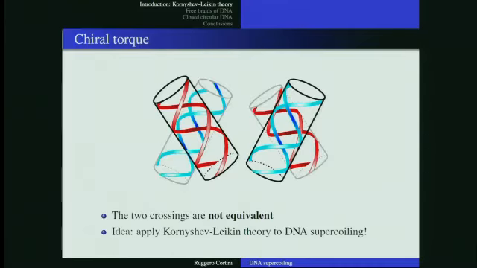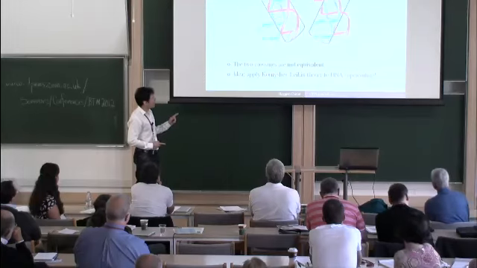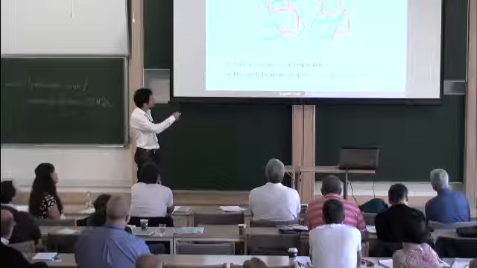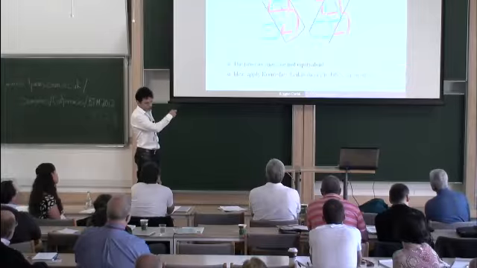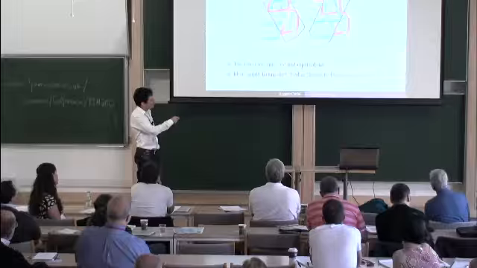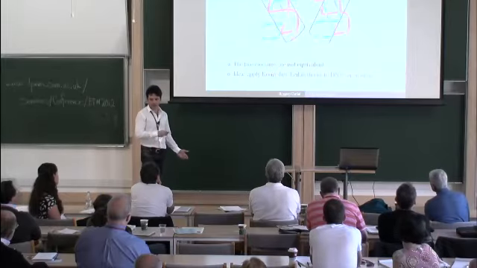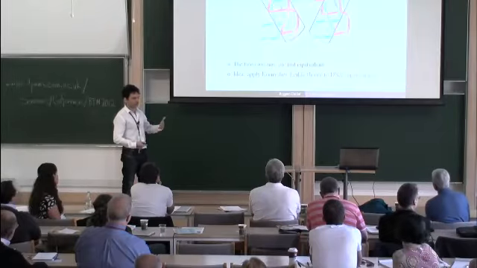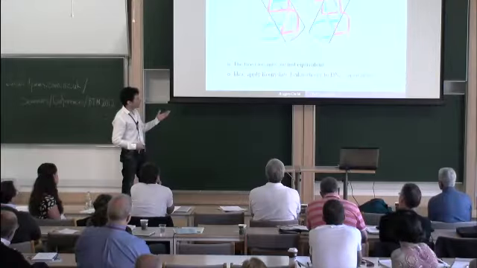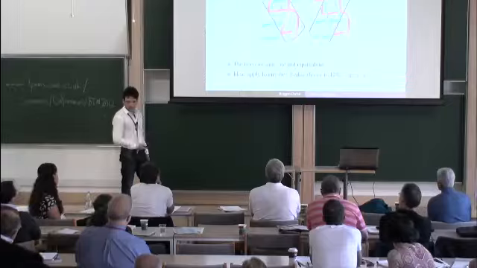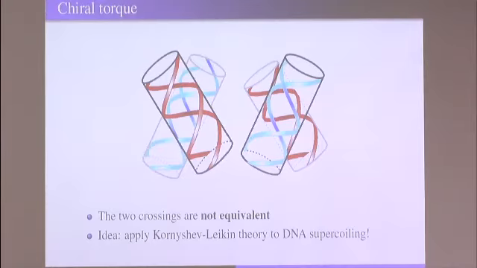So unlike theories in which the charge is assumed to be homogeneously distributed on the surface of DNA, this theory predicts that this crossing, in a so-called right-handed crossing, will be more favorable than this crossing, because negative and positive charges are better aligned than in the other case. And this is because DNA is a right-handed helix, the right-handed crossing is favored. So the idea was to apply this theory to DNA supercoiling, in which these crossings occur all the time in